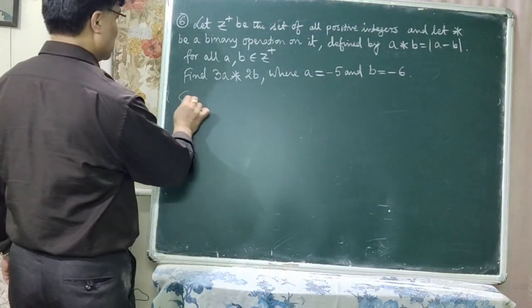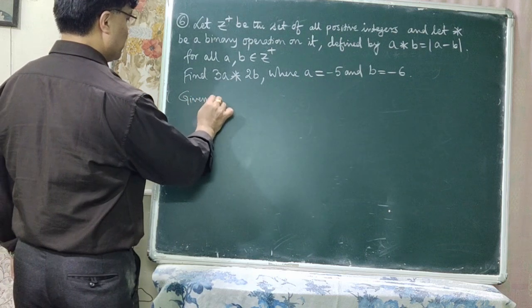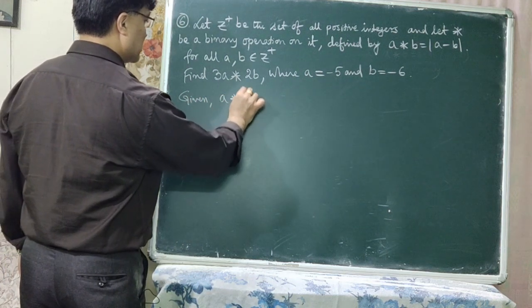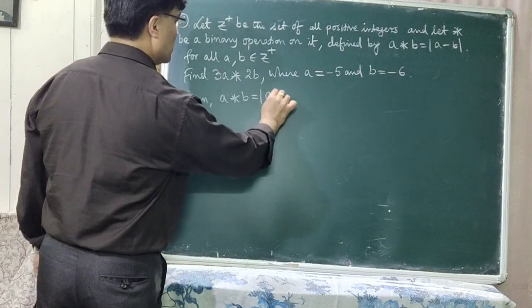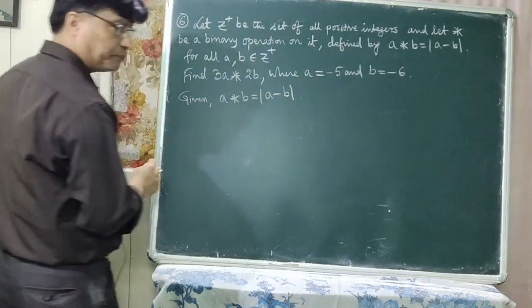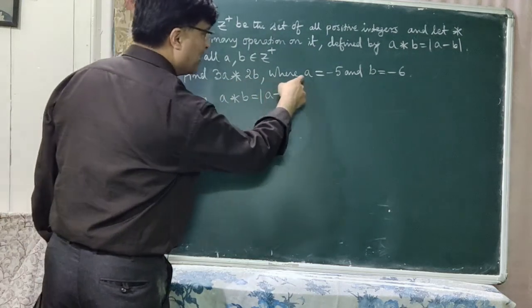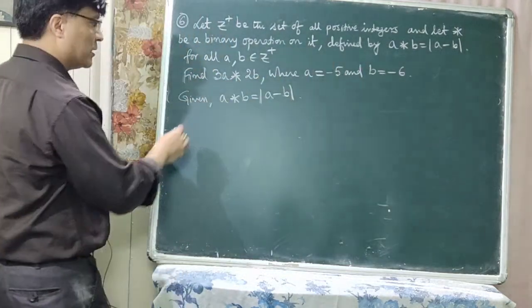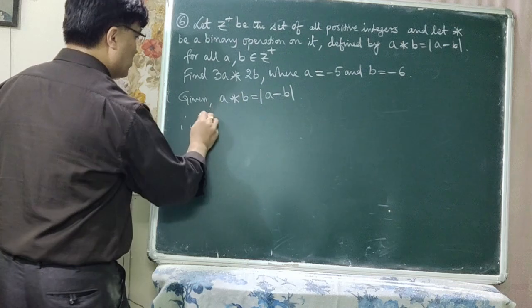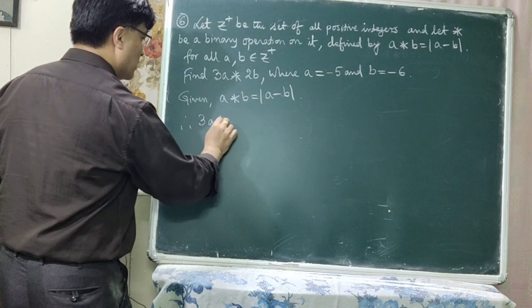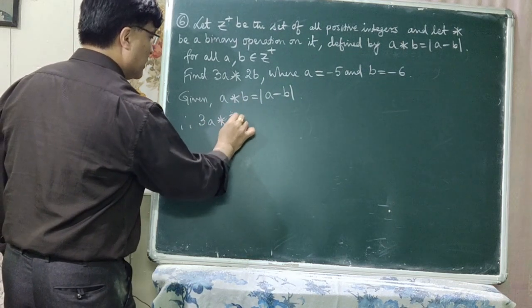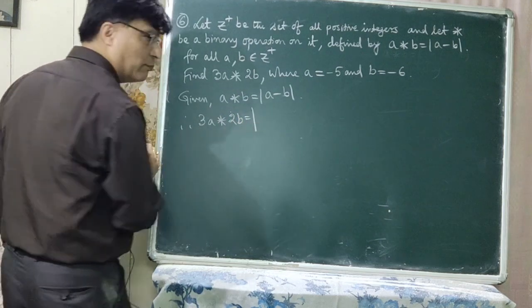So what is given out here? Given is a star b is equal to mod of a minus b. So you have to find out the value of 3a star 2b when a is equal to minus 5 and b is equal to minus 6. So instead of a you write 3a, star, instead of b write 2b, which is equal to mod of